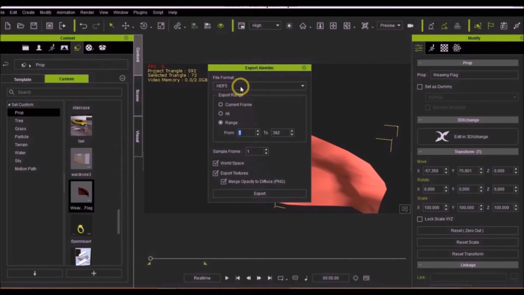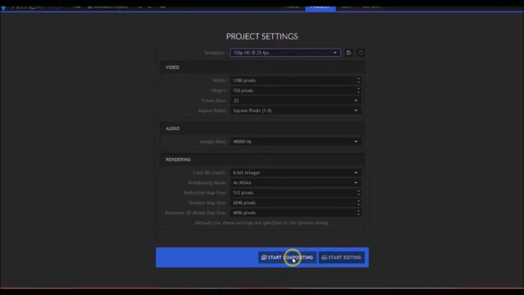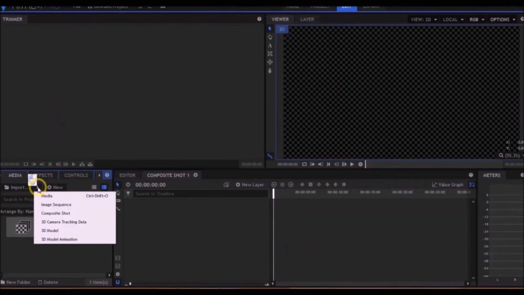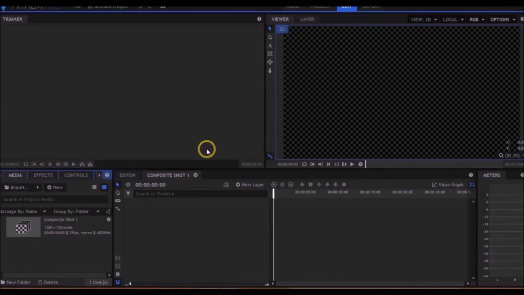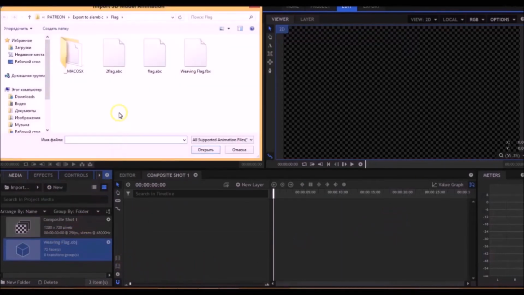Exporting Alembic file. We go back again to iClone 7 and export the flag file in Alembic format. Integrating base OBJ and Alembic files in heat film. Next, open the heat film program.